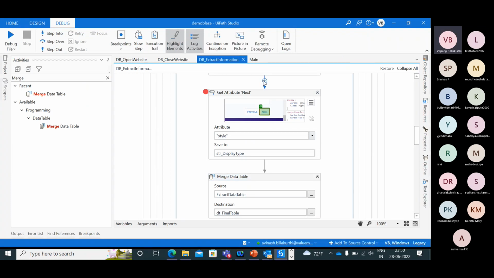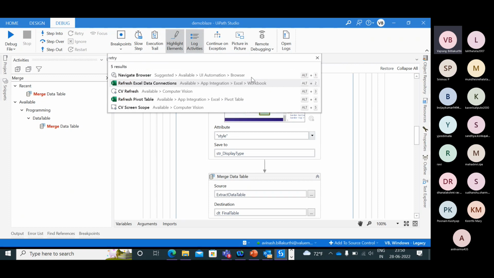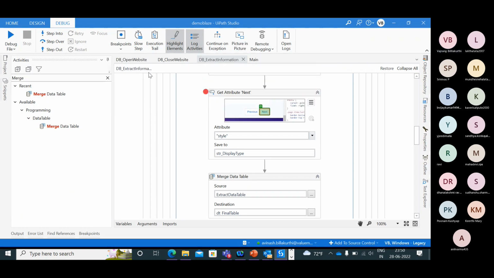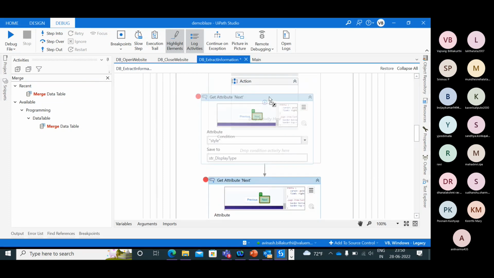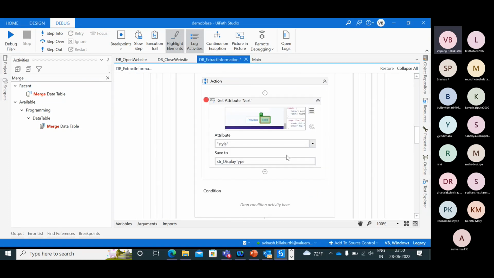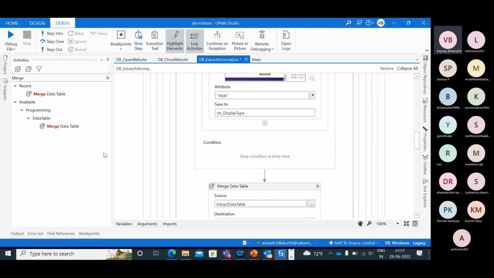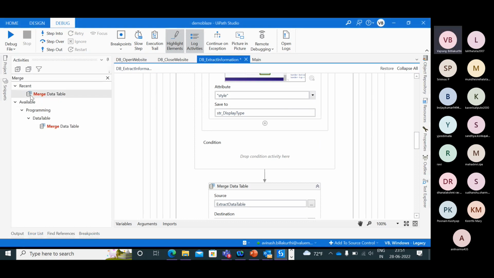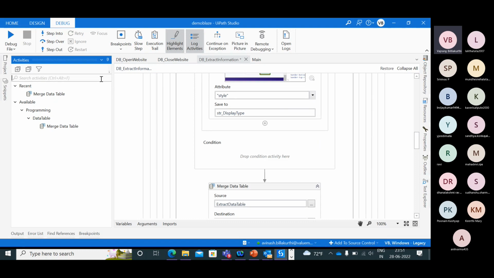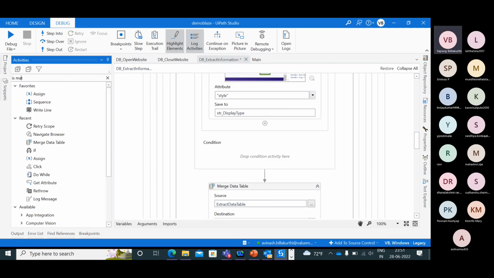There is an activity called retry that I'll use. Retry scope. So what I'll do, I'll just add in this particular value. See, we are covering multiple concepts while completing this project. And in this activity, let's try with something called is match.